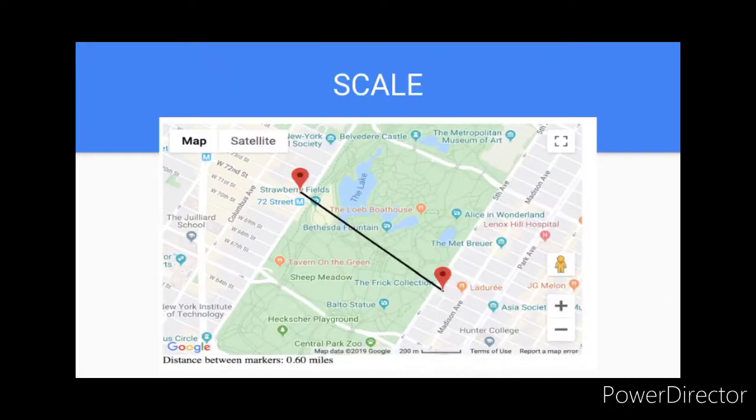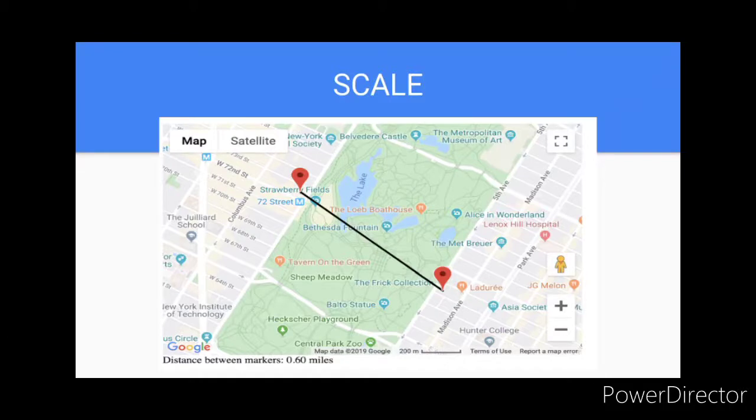So we will start with scale. What is a scale? This scale is similar to the scale that we use in maths. While doing graphs, we say that 1 centimeter is equal to 5 students, or 1 centimeter is equal to 10 students. That is how we use scales. Similarly, for maps also we use scales. The distance between any 2 points on a map is measured in centimeters, because the map is small.